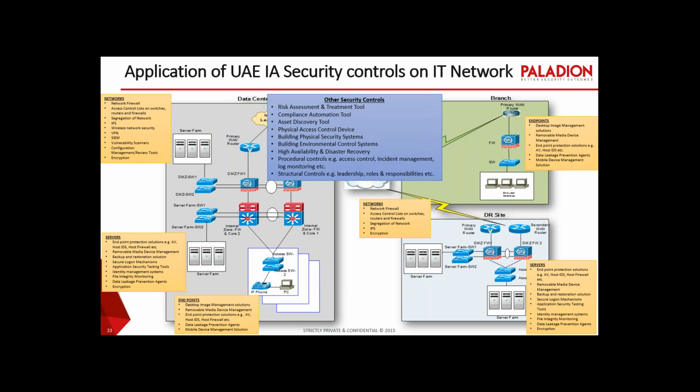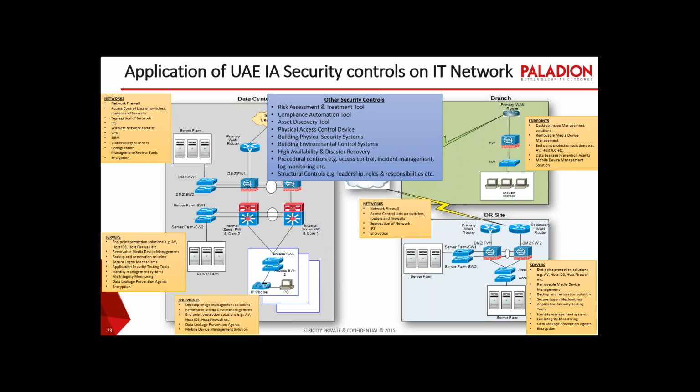On the other security control side, of course, risk assessment and treatment tools for the entire network, compliance automation tool, asset discovery tool, physical access control devices, building physical security systems, building environmental control systems, high availability and disaster recovery systems, procedural controls in terms of access control, incident management, log monitoring, then structural controls in terms of ownership, commitment, roles and responsibilities, and stuff like that, which are a little bit easier to implement,